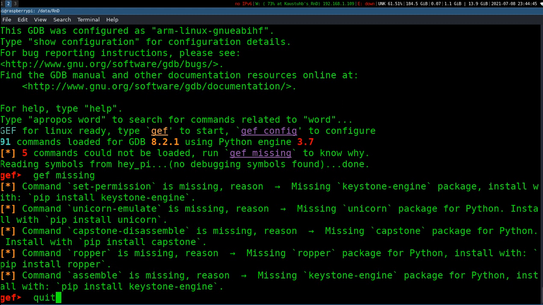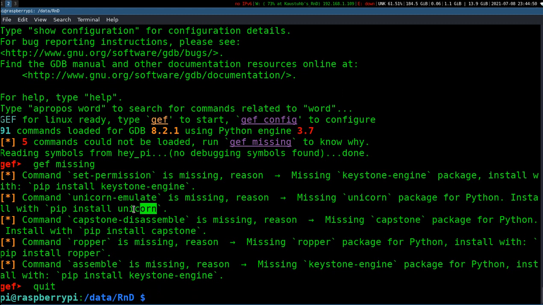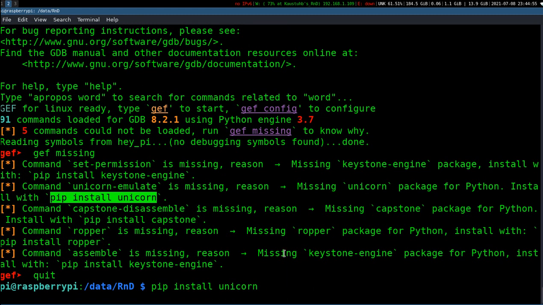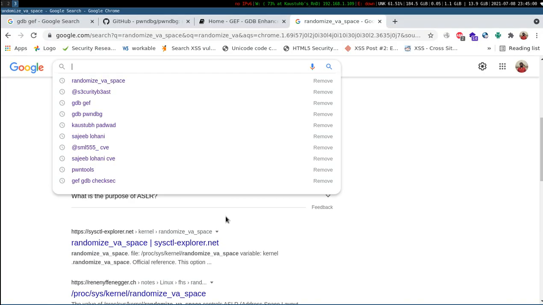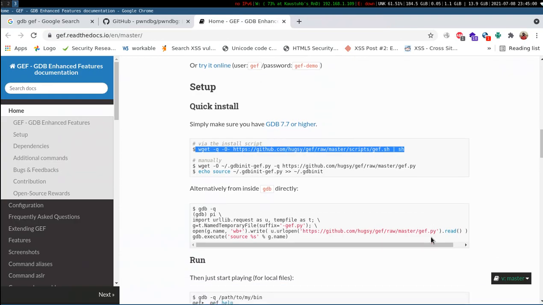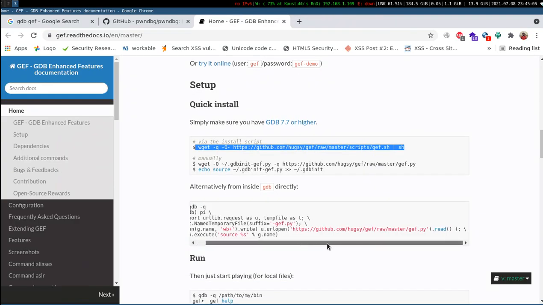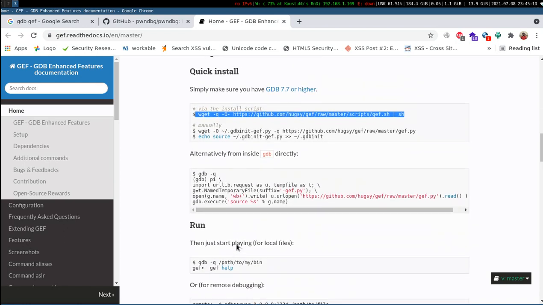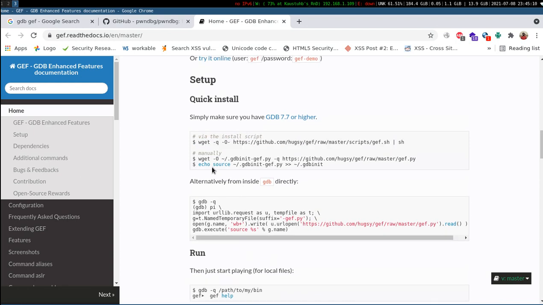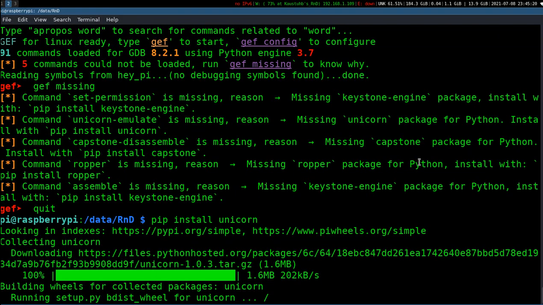pip install unicorn. Let's get this, man. We need sudo. I think they should have something called requirements. Let's see if it is there or not. Okay, let's see their manual script.